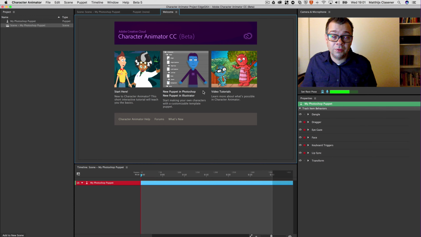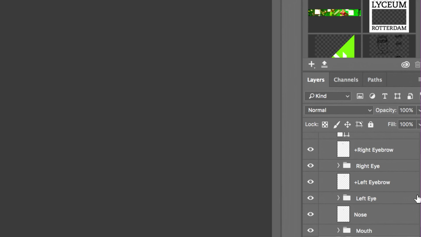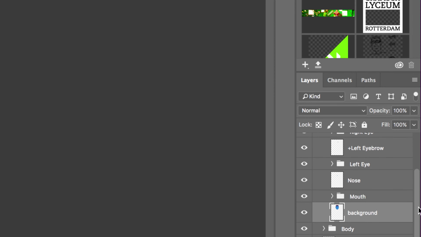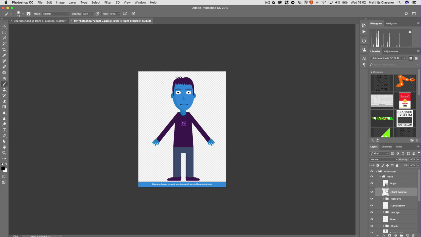What I started in my tutorial is, I've started with a puppet inside of Photoshop. Let's click on this link and there's your puppet, and it's good to know that the puppet is really structured in a nice way in the layers panel. So every single layer has got a name which is understandable for Character Animator. So when it's a plus or right eyebrow, then Character Animator knows what to do with this layer. When you keep the names intact, so you don't change the names, but you change the eyebrows or the face or whatever, it will be updated inside of Character Animator